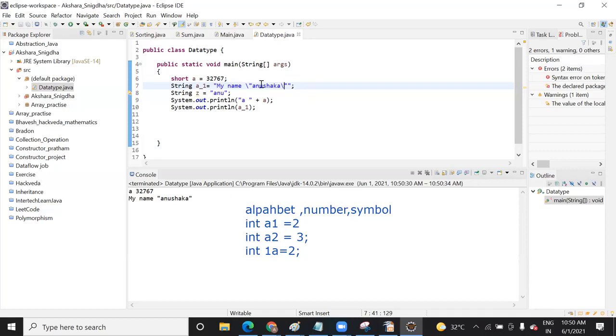So when you want to print double quotes within a double quote, you can do it with this slash operator. Your compiler will think it is an error when you write this within a double quote inside the double quote. It will think you might have written it by mistake. So when you use this backward slash, it helps the compiler know you want that name to be printed in that format. That is the reason we add this slash, so that it is possible to print it.